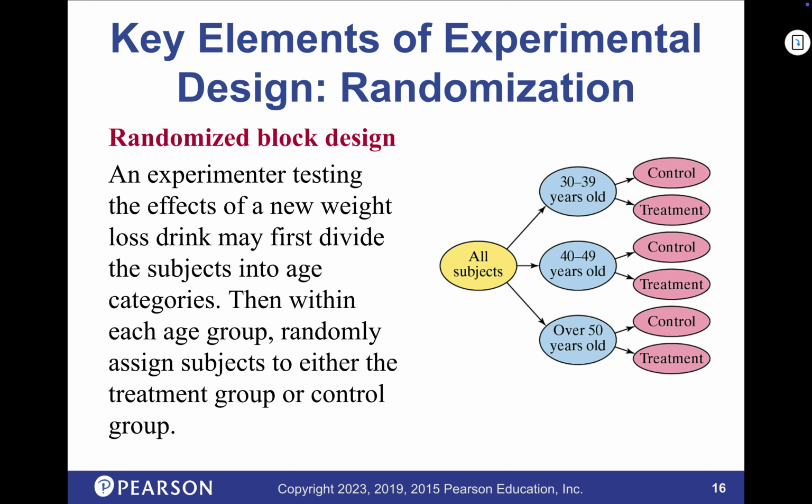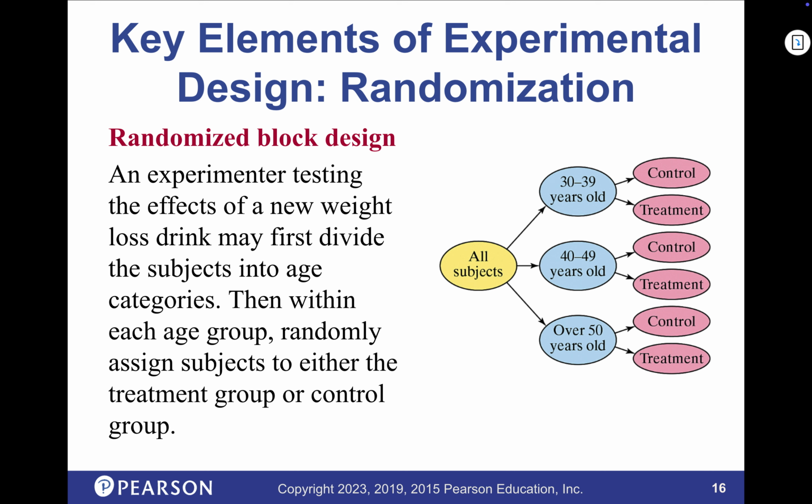You take everybody, all the subjects that come in, and you first assign them to the age group they're in. Again, there's no randomization. If you're 35 years old, you go in the 30 to 39 group. So it's not random, it's by how old you are, right? So you break them up, but then within each age group, you randomly assign them either to the treatment or to the control.